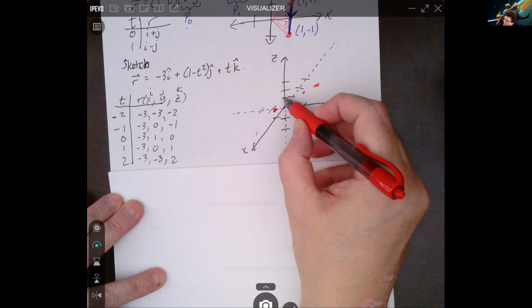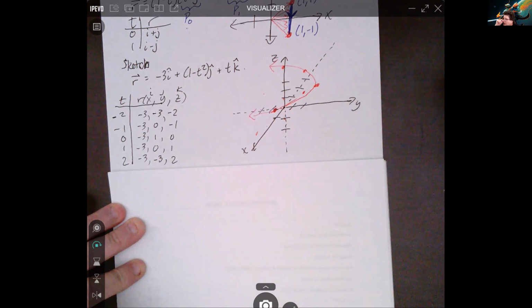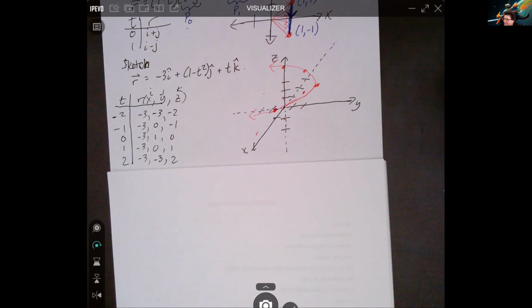This is looking weird. And negative 3, 2 is here. We shift that back 3. So is it doing something like this? Looks like it's making a parabola, right? Yes. The X component's throwing me a little off. If I rotate my view like that, I definitely see the parabola.